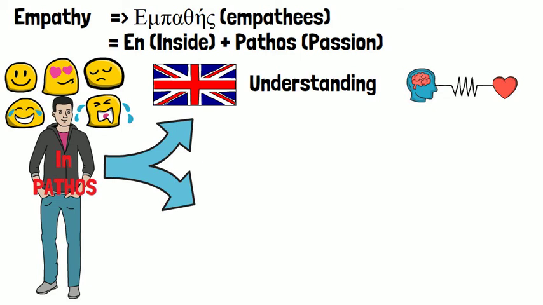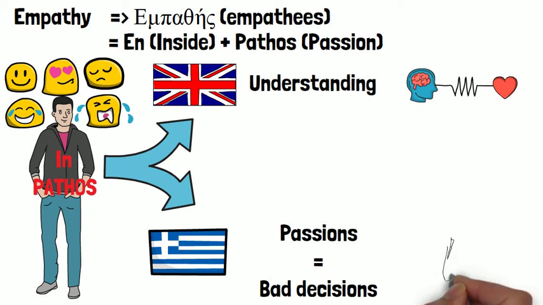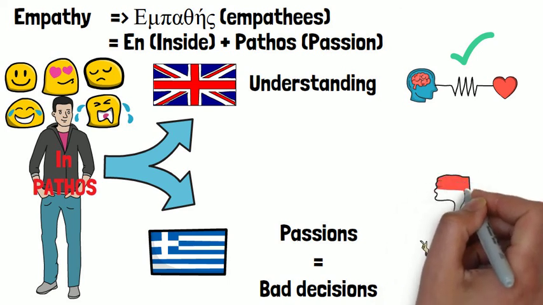I really like it. Now let's try and see why in modern Greek this word has gotten such a negative meaning. Being in a state of passion is not necessarily good. One who is governed by his passions might take the wrong decisions, which in turn may lead to more misfortune and further bad decisions. So empathia came to have a negative meaning. To be honest with you, I like both interpretations, and now I finally understand how this word came to have two completely opposite meanings. So to conclude this video, I just wanted to say, for a better world, try to be more empathetic using the English interpretation and have less empathia using the Greek interpretation.